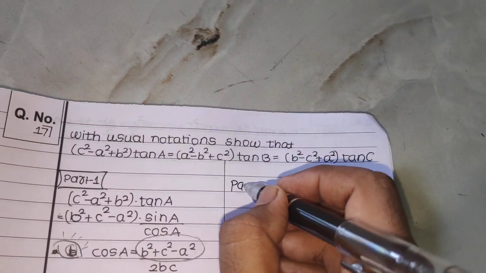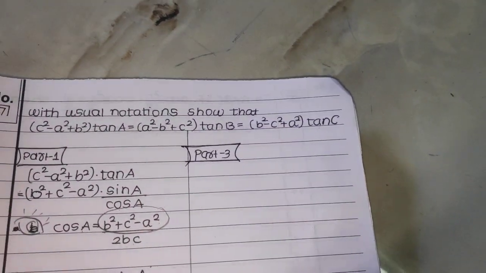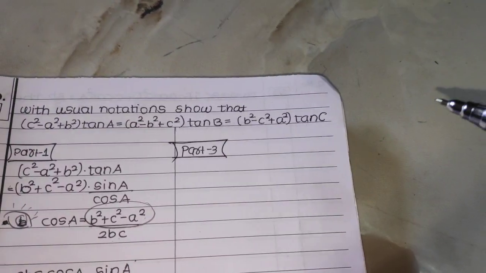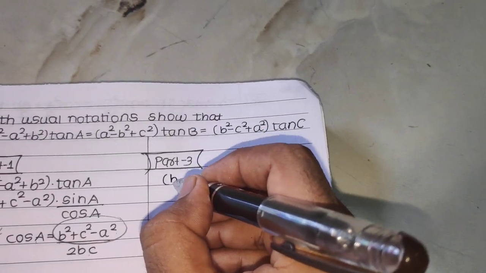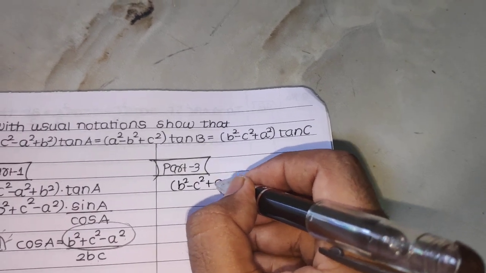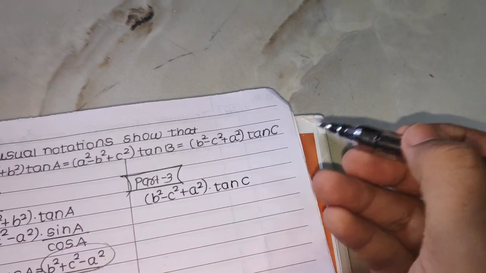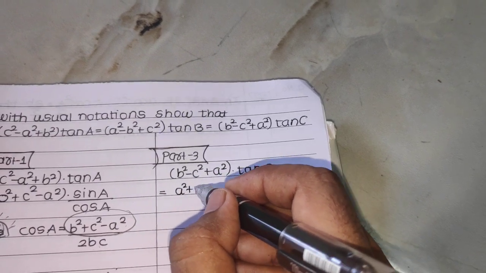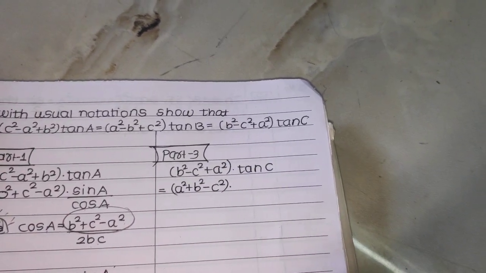Let's go to part 3. These are result-only questions like LHS and RHS, where you solve and get the answer. But once you get the first part, all 3 parts should come nearby, provided your first part is correct. So these are little tricky questions. Let's now continue with part 3, b square minus c square plus a square into tan of c. So I'll rearrange it as a square plus b square minus c square into tan of c.